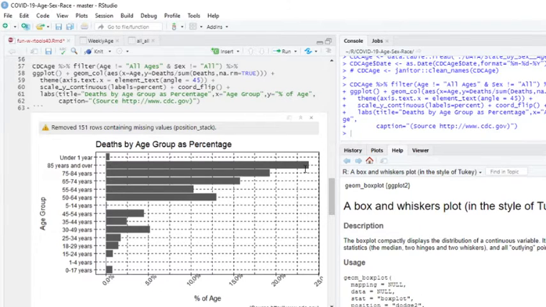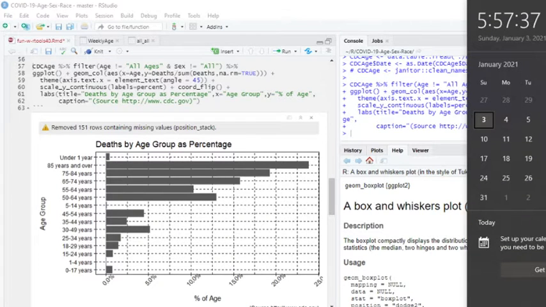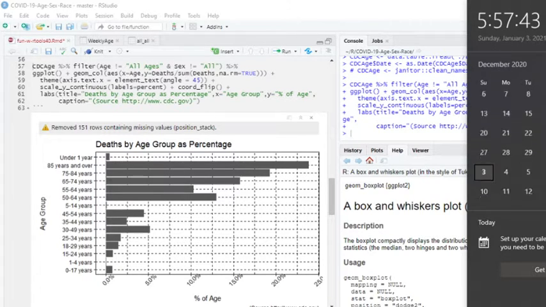But this data is as of last Saturday. So these are the numbers as of January 2nd. I'm sorry, these are the numbers as of December 26th, 2020. Okay? So once again, you can see that the 85 and older group accounts for about